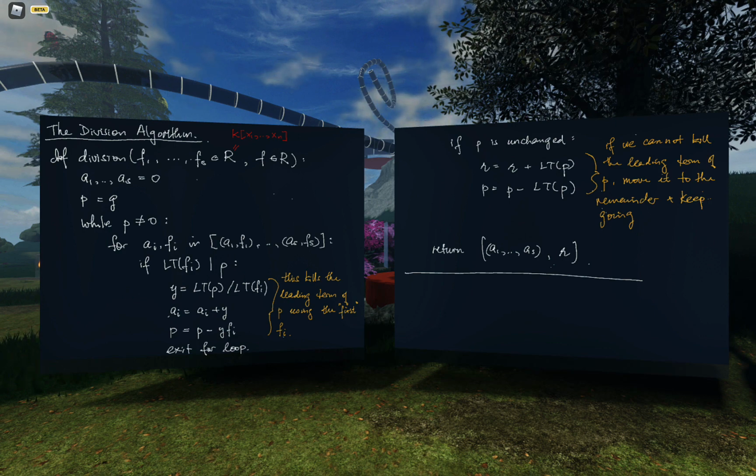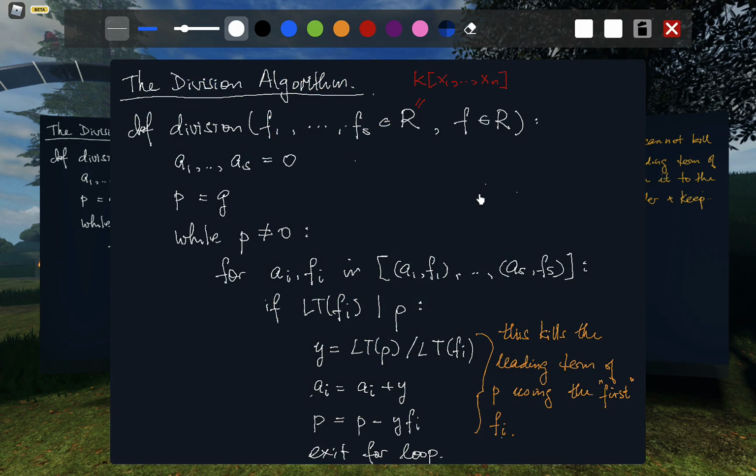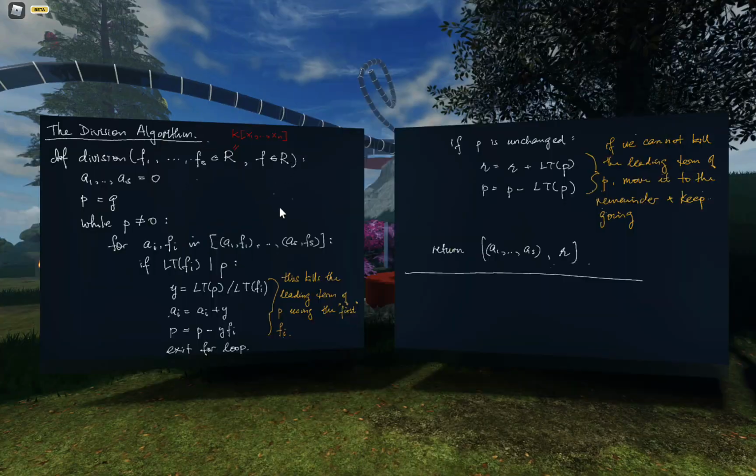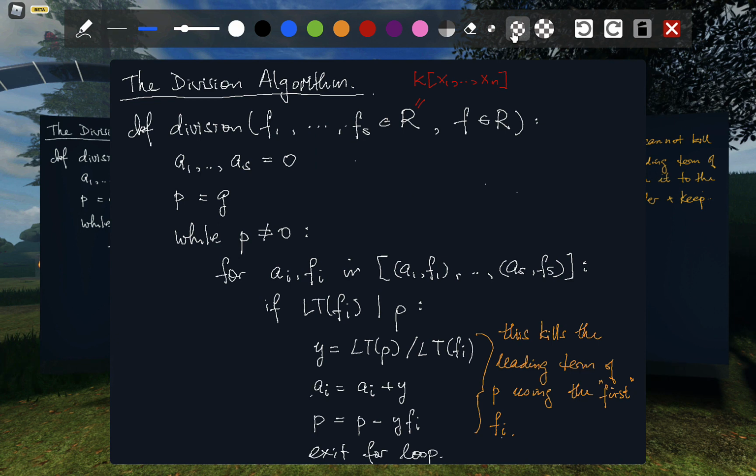Now, of course, this is what we want to do. This algorithm will try to do that, but we'll see some problems that we'll run into as we go. And so we initialize the variables a_1 to a_s because these are going to be our eventual outputs. These are going to be the things that will multiply by f_1 to f_s to give us our expression. And then we also have this auxiliary variable p equals